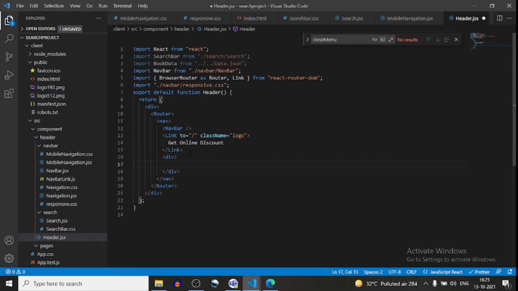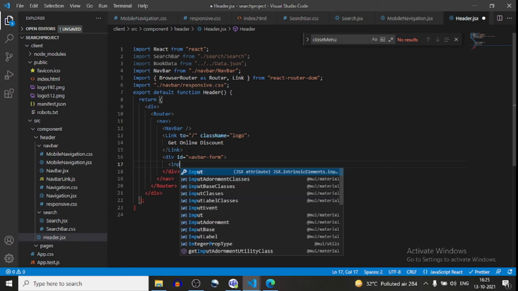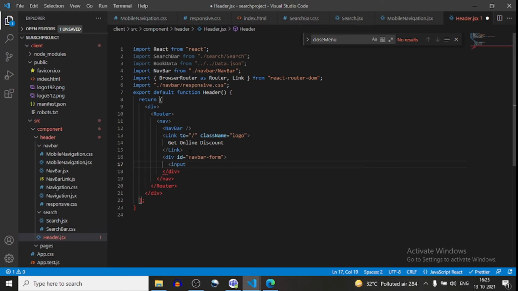The id of the div will be navbar-form. And an input, type equals to checkbox, id equals to box2.